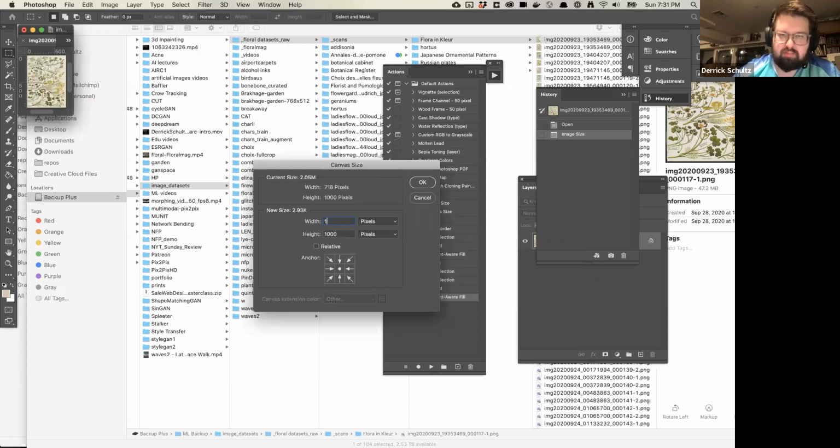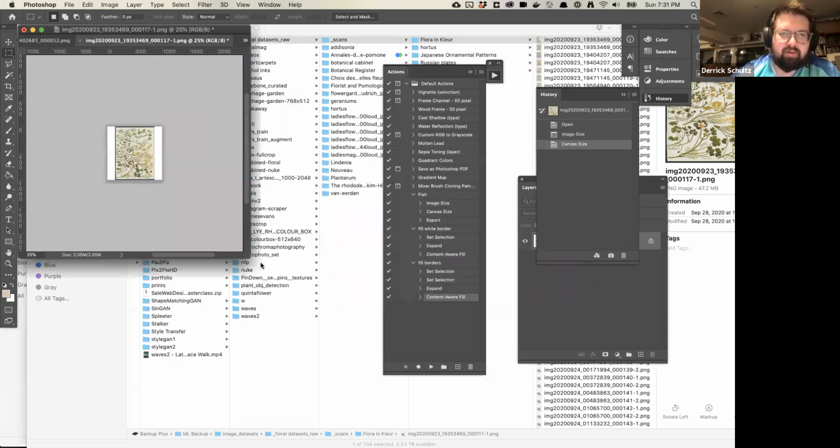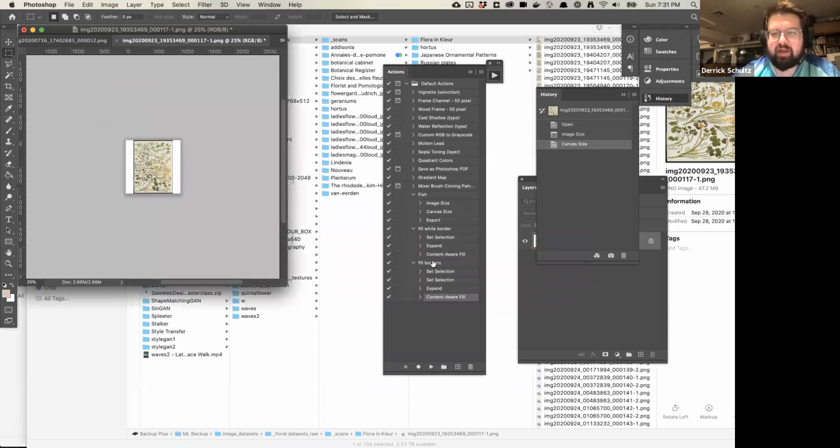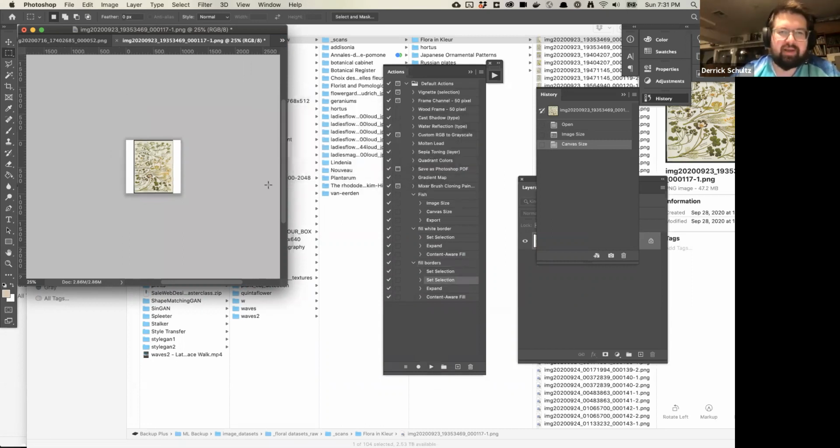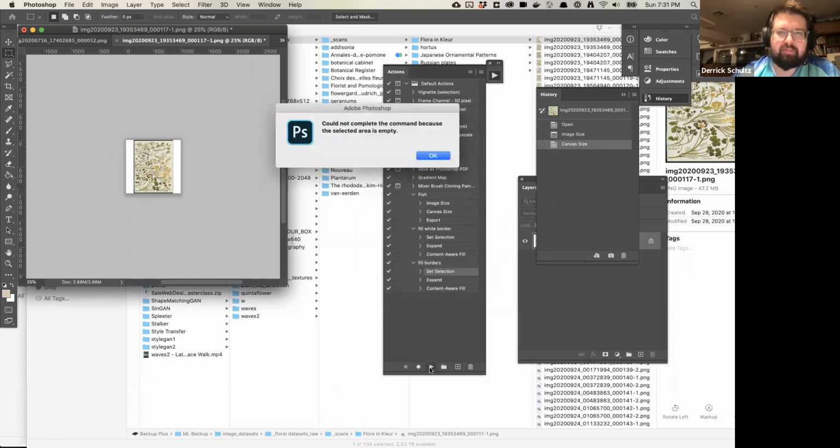So now I've got white edges here again. So if I click on fill borders and I hit play, it's just going to replay all of the selection I did. Oh, interesting. Okay, so what I have to do is actually delete this step. You can also delete these steps and edit them a little bit. Yes, and then we'll play from here again.